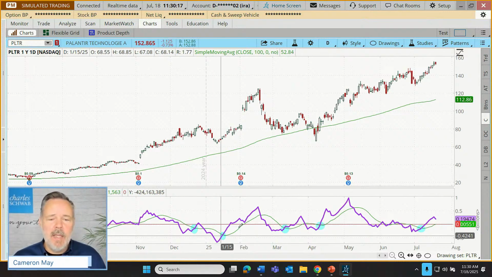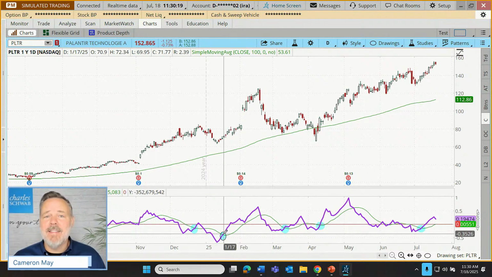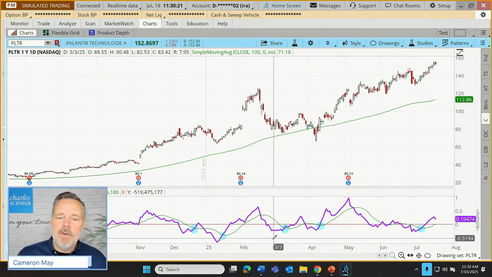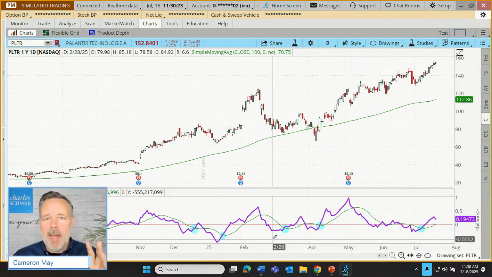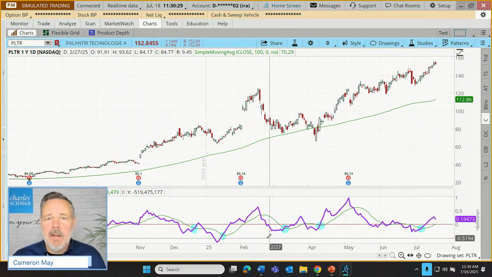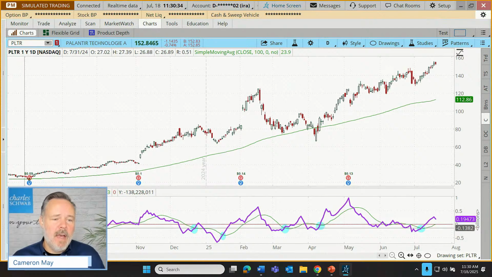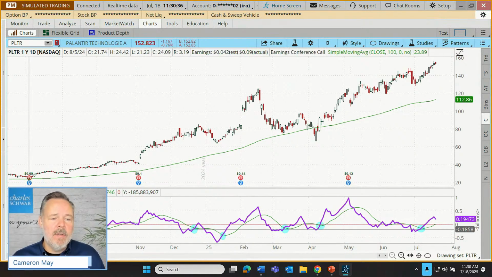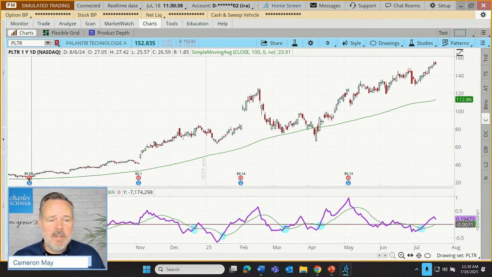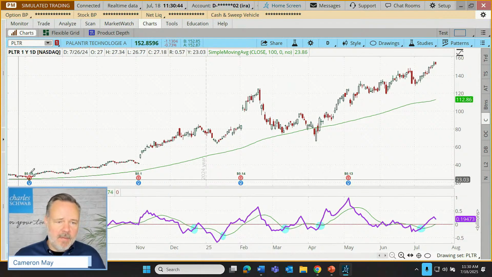Some traders trade the oscillator all by itself. One way they might approach it, I said I was going to use one signal, I'm going to use two variations on the same signal. A common signal, as I've already highlighted here, is when our Klinger oscillator falls below our 13-period exponential moving average and then starts to rise up and through it, a bullish crossover. When that happens, that might be considered an entry signal.